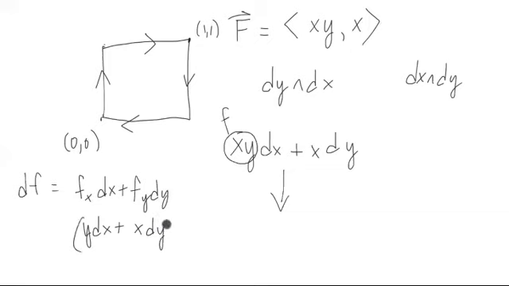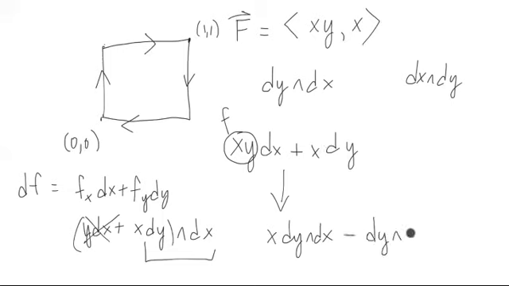And then you're going to be wedging it on with dx. Notice you can ignore that one, it's just the x here. And look, it's the right one we wanted. We wanted dy dx because we're going clockwise. So from this first part, we have x dy dx. From this part right here, notice that you just take a dx of that. So it's really just dx wedge dy, but we need to take the negative of that because we want it to be dy dx. So we end up getting, we just need to integrate x minus 1